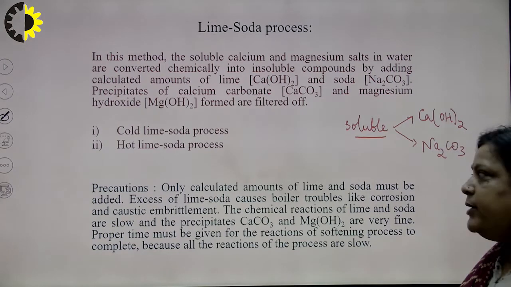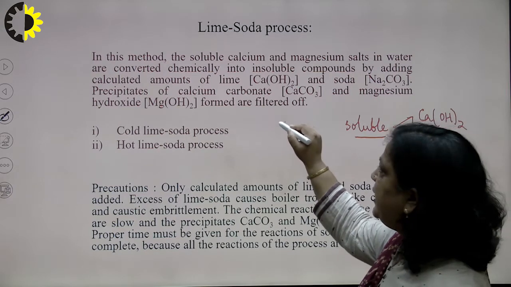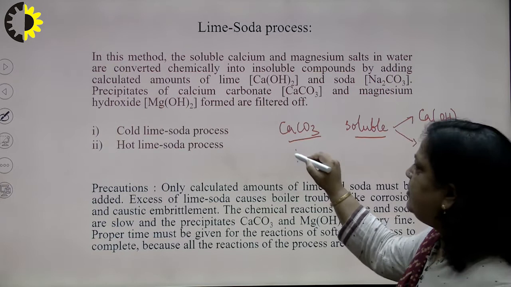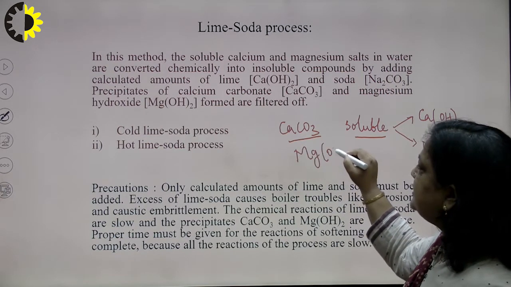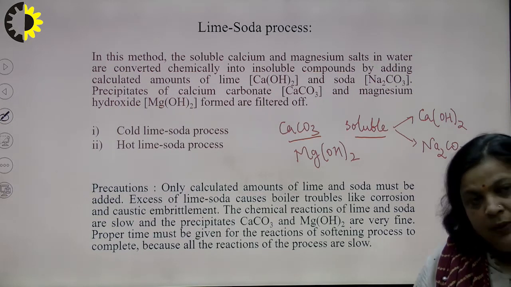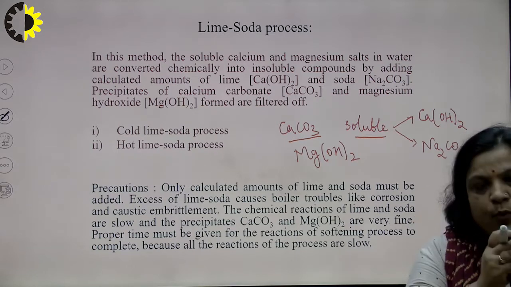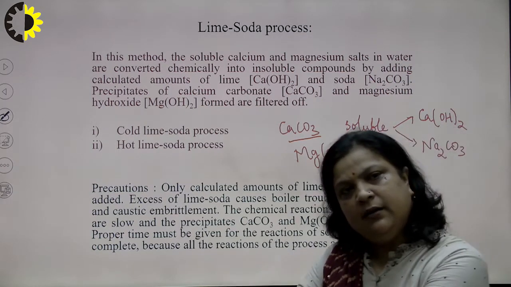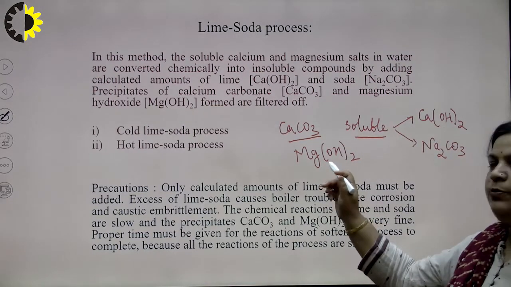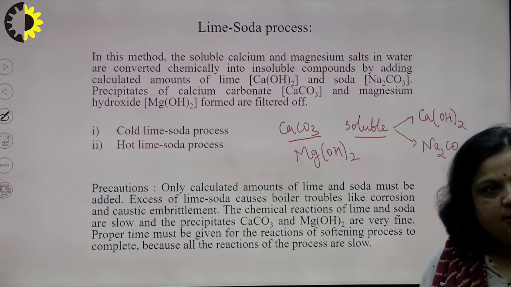And we know that formation of a precipitate depends on the solubility product. So, calcium gets precipitated with carbonate, that is in terms of calcium carbonate, and magnesium gets precipitated with hydroxide, that is in terms of Mg(OH)2. So, in numericals or in theory, we point out that calcium should be precipitated as calcium carbonate, and magnesium should be precipitated as magnesium hydroxide.